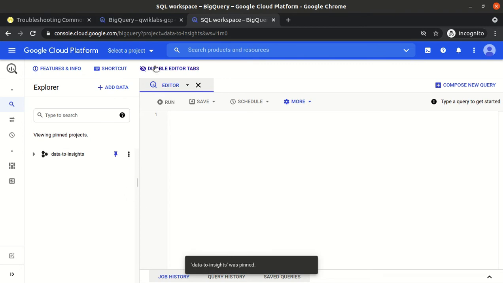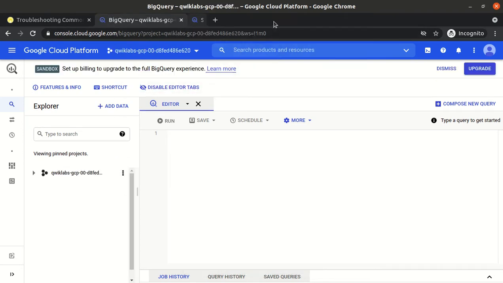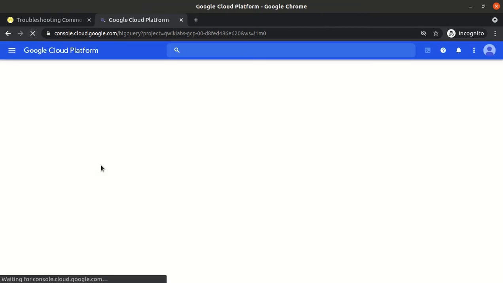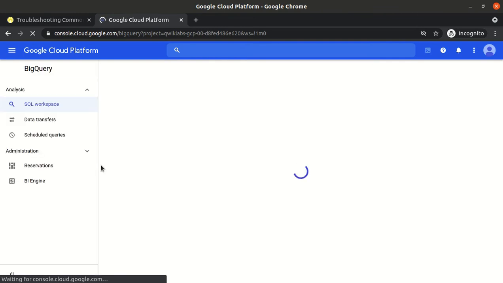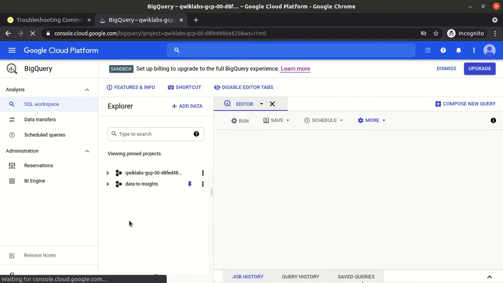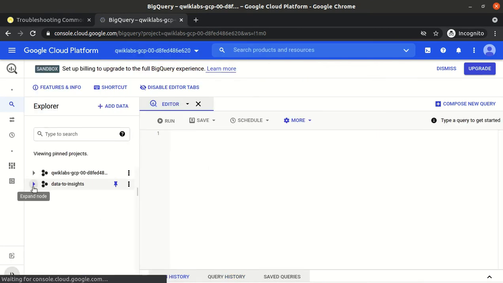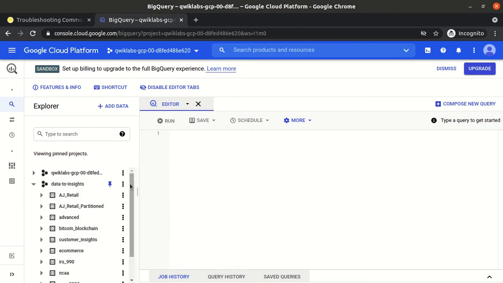So it was pinned successfully. Close this tab. Now refresh the earlier tab. So now you will be able to see this public data set, right? If you expand it, you could see so many further data sets.